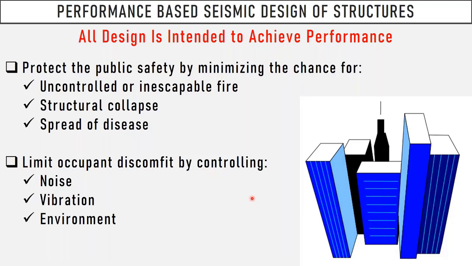Of course, not only natural hazards, but all kinds of hazards were included, like fire, structural collapse, or even spread of disease. At that time, even that was a big problem, because after big disasters or big collapses, not just the building itself, but the system or the infrastructure may be affected and affect the whole community.